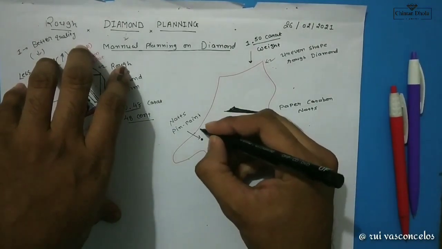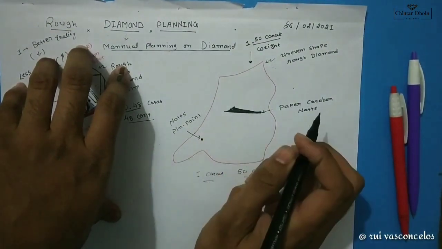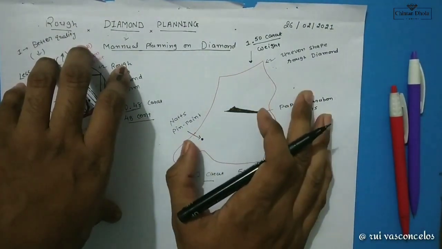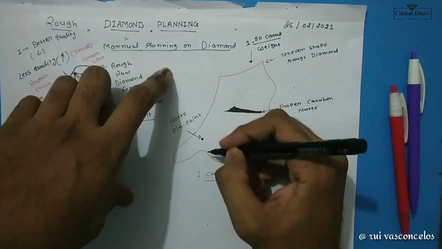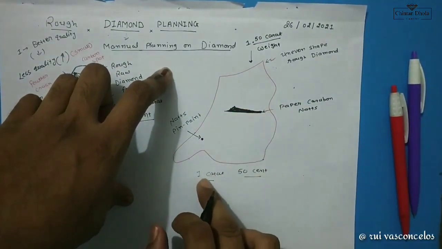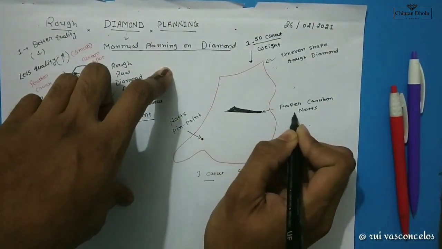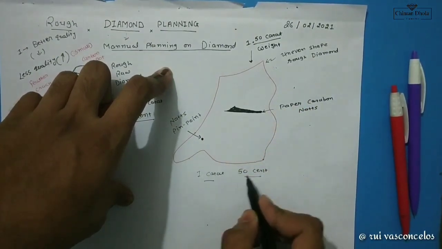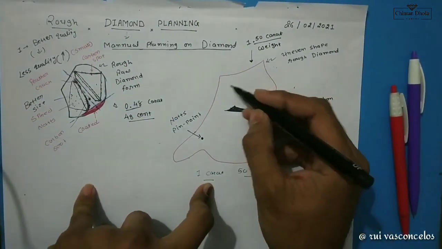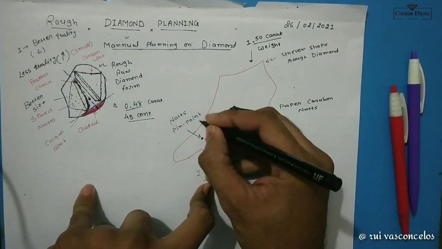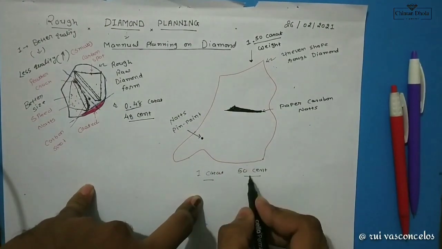How can we do it? If we cut like this, or we can cut like this, but which process is good for you, that I will tell you. If you cut this diamond like this, you have to pay for 1 carat 50 cent, and if you cut this diamond first this way, you also have to pay for 1 carat and 50 cent. So now what happened? If you have this diamond and you first mark it this way, then you have to pay for this.